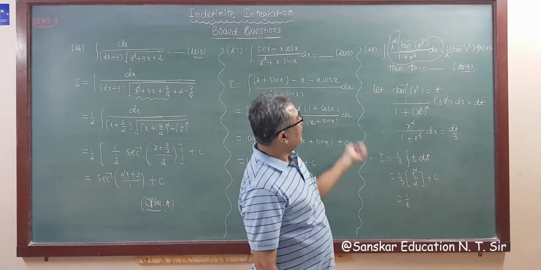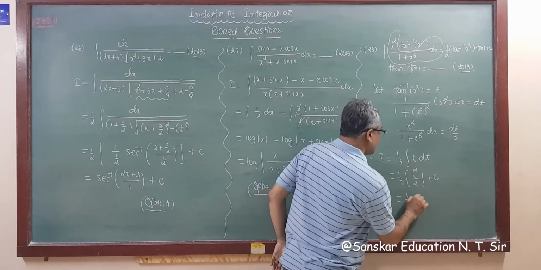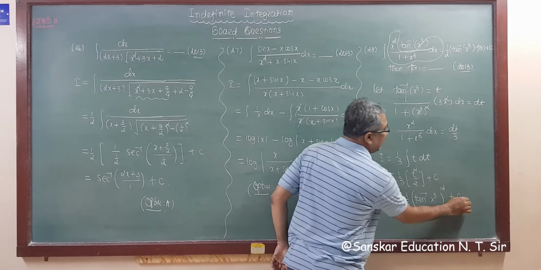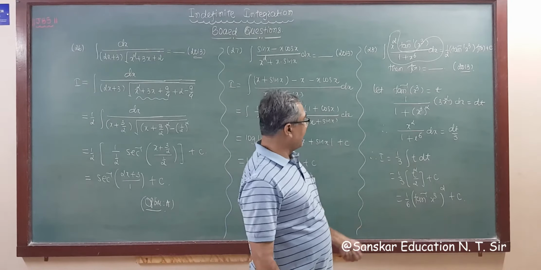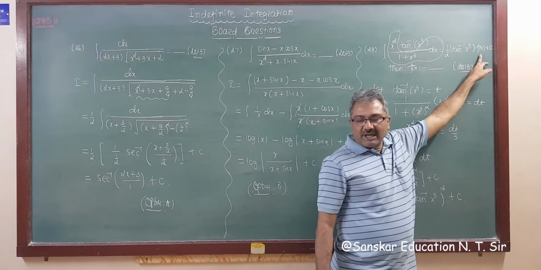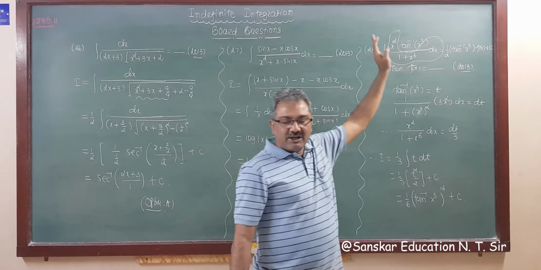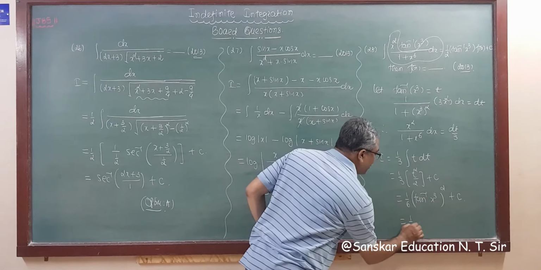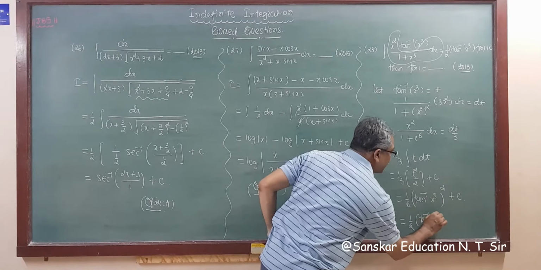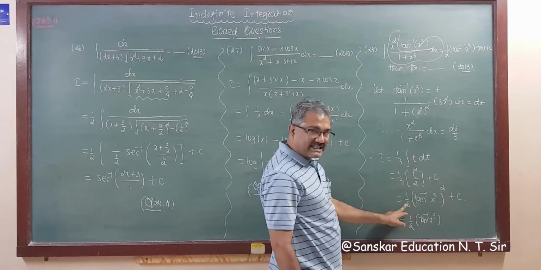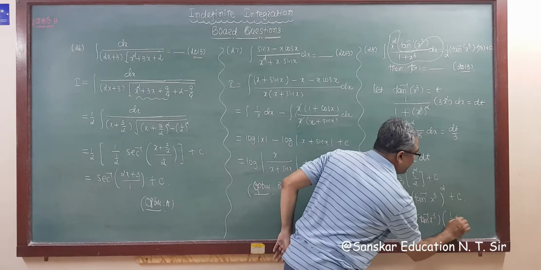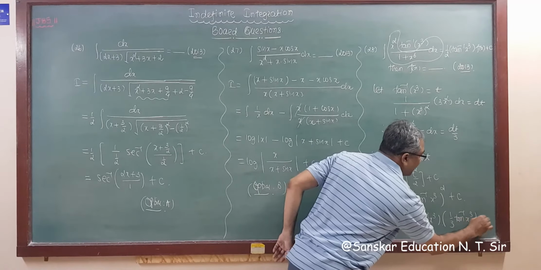Now t, what is t? T is tan inverse x cube. So tan inverse x cube whole square plus c. So it is given that 1 upon 2 tan inverse x cube into f(x), right? So your answer will be, I require 1 upon 2 as it is, tan inverse x cube as it is. So remaining will be 6 here, so remaining will be 3. So into 1 upon 3 and tan inverse x cube, plus c.